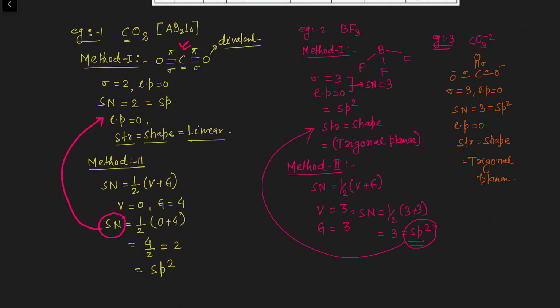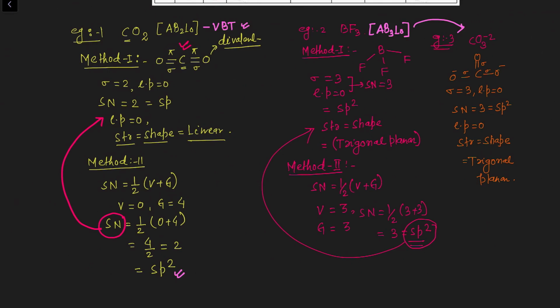AB2L0 type molecule, which we learned according to VBT. This is the concept given by the VBT. Once you check this molecule, it is nothing but an AB3L0 type molecule, according to VBT. When you check this species again, this species is equivalent to this, right? So now check, after having the idea about the hybridization, easily you are going to apply the VBT also.